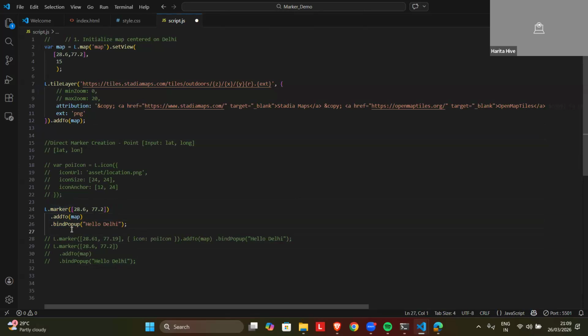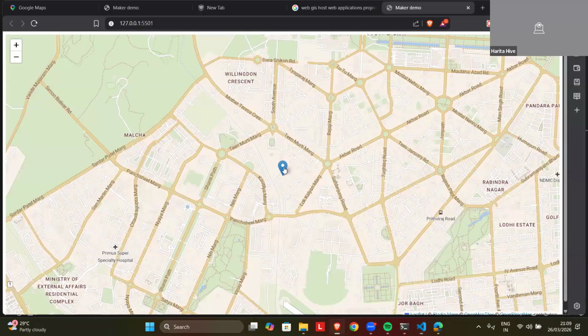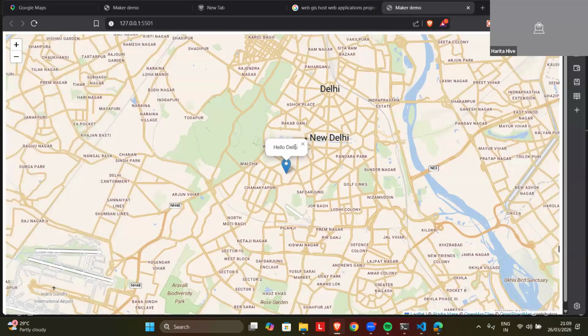And if you want to bind a pop-up to that particular point, we will be using the dot bindPopup function, and then you can pass the string into that bindPopup function in order to display that marker. So if I just added this and we check here, you can see that